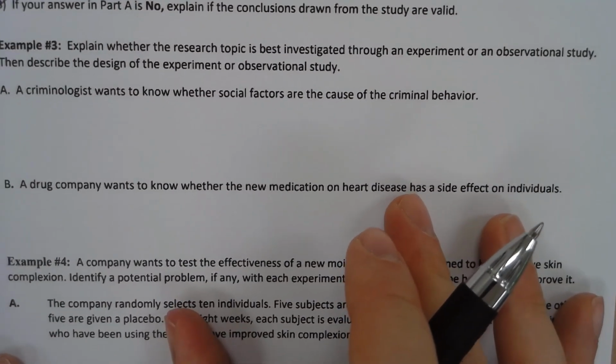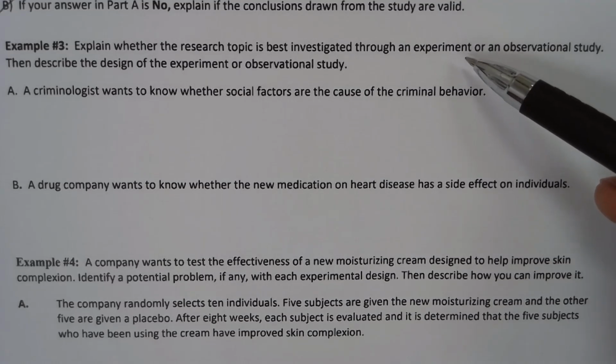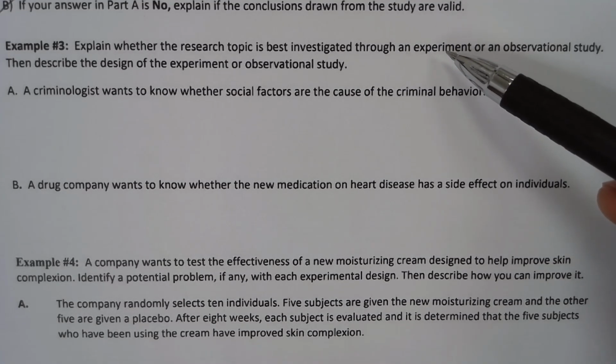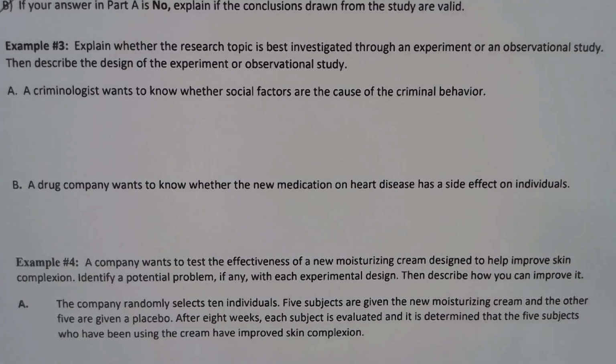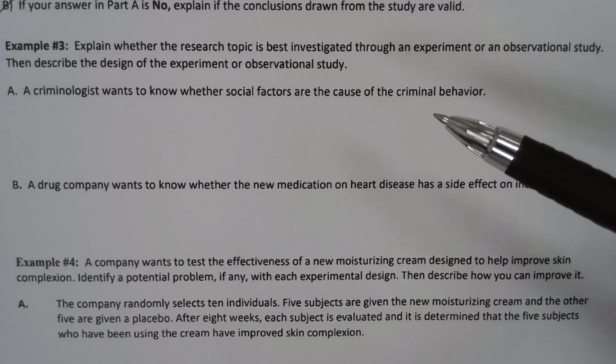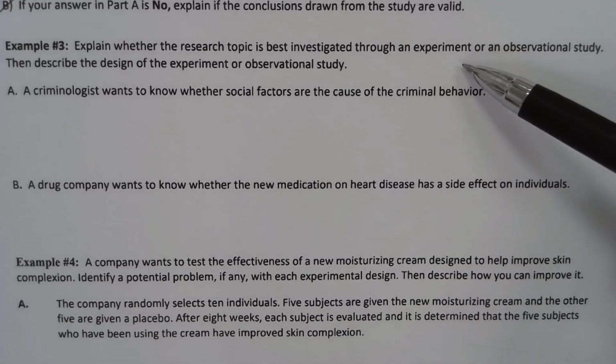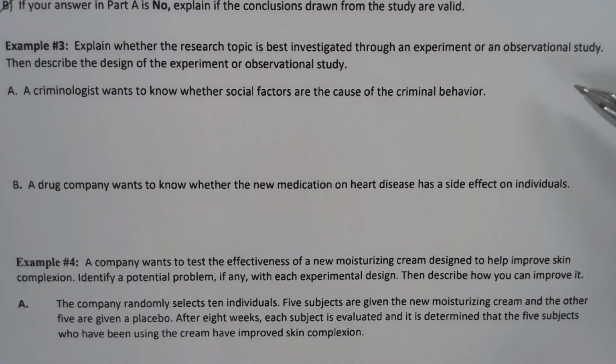Number 3, explain whether the research topic is best investigated by an experiment or an observational study. Now, sometimes we can't do things in an experiment for various reasons. Experiment is best, but we can't always do it. Then describe the design of the experiment or the observational study. A criminologist wants to know whether social factors cause criminal behavior. All right. As much as we'd love to get a cause and effect, we have to do an observational study here because we can't